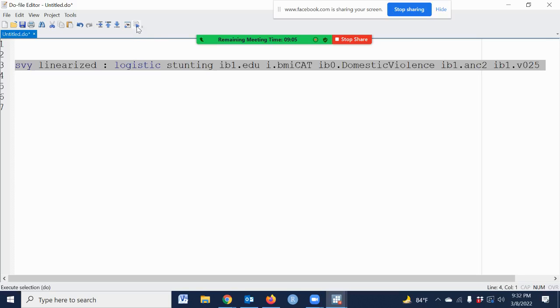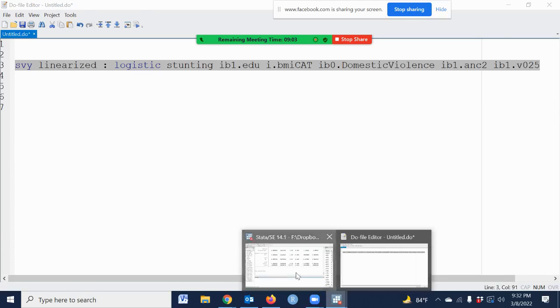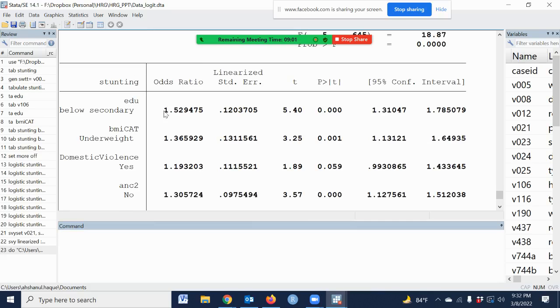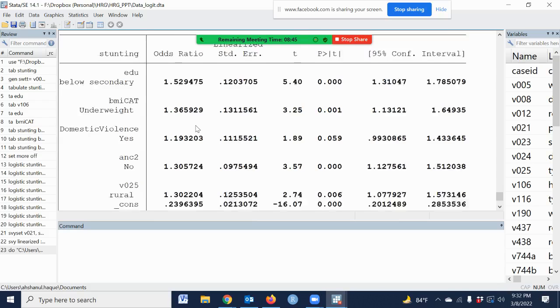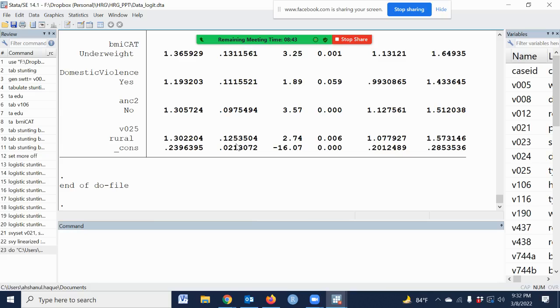Then please run. This odds ratio is called the adjusted odds ratio. Here all possible covariates have been adjusted as well as strata, cluster and sampling weight. And this is the rule of adjusting the sampling weight, cluster and strata.